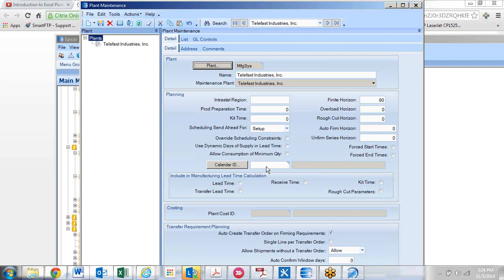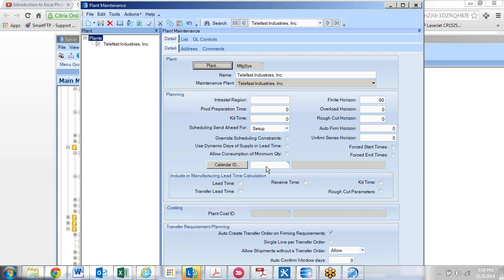So when you look at their resource group, the foundry has a 24/7 calendar. Their machining, fabrication, assembly, all those other resource groups have no calendar at all, and they put their 16-hour,